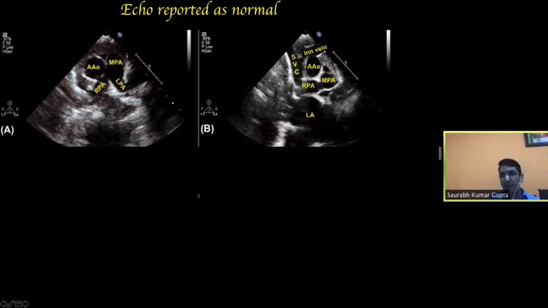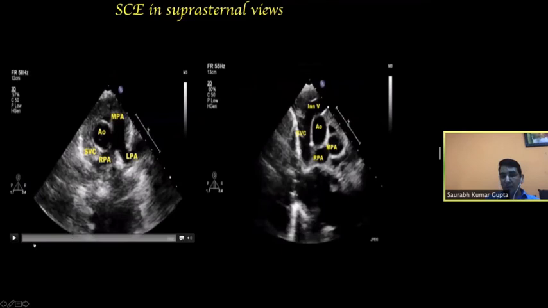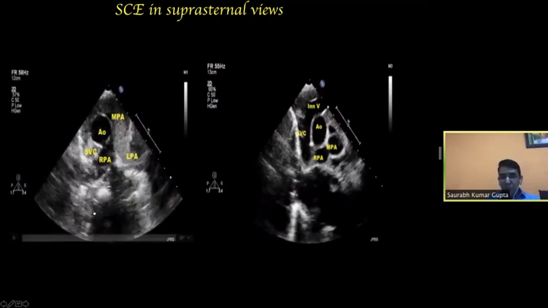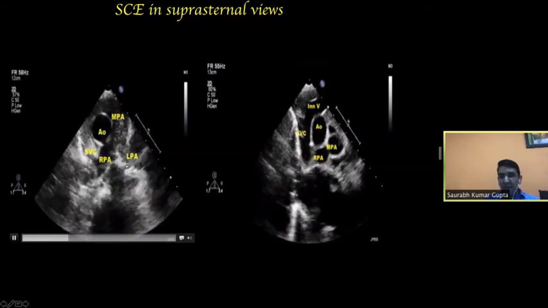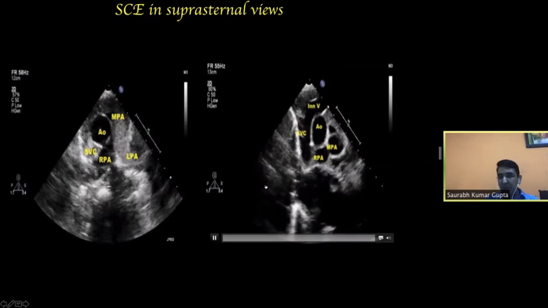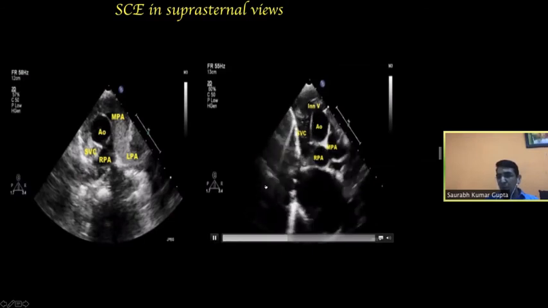But then what is happening? Now, look at this. So we did saline contrast echocardiography. And I think some of you would have already picked that the saline is already retained within the LPA and nothing goes in the RPA. This becomes further clearer on this injection.